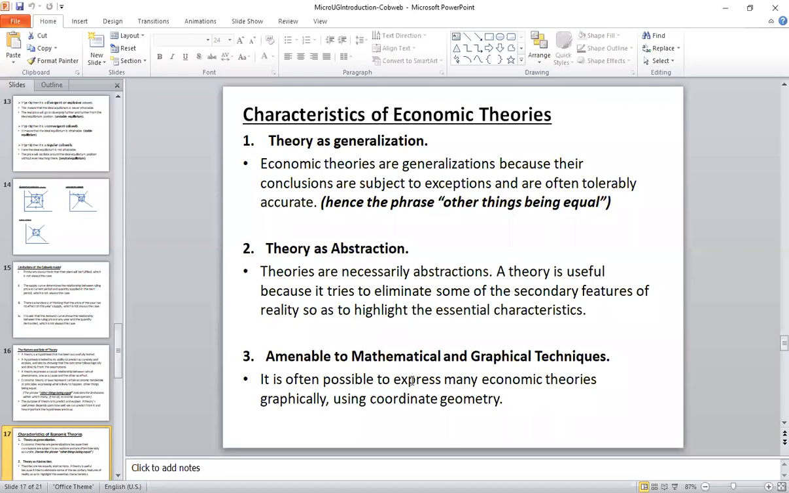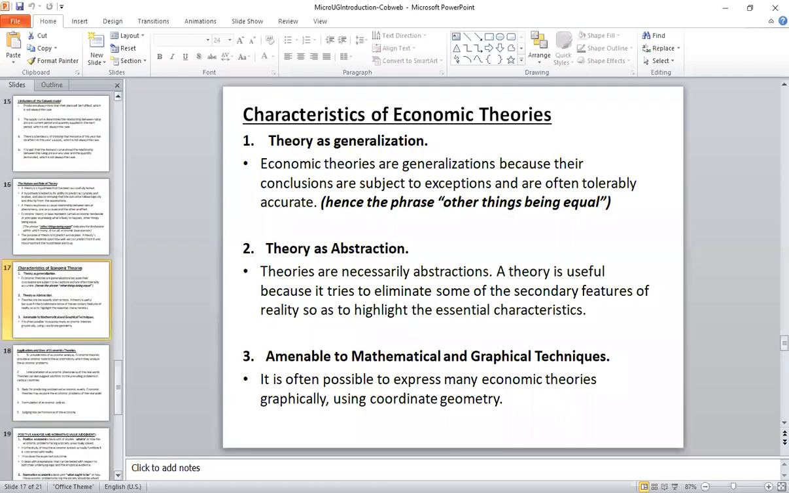Theory is amenable to mathematical and graphical techniques. That's why you see sometimes we use mathematics, sometimes graphs and so on. So basically, that is the characteristics of economic theories. Now,